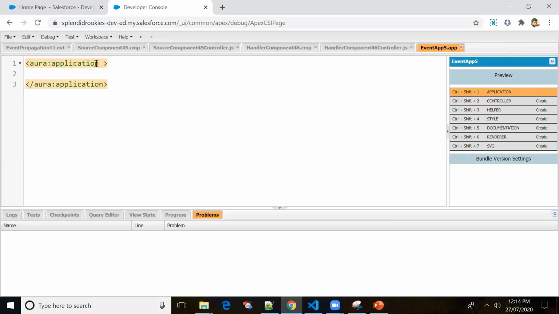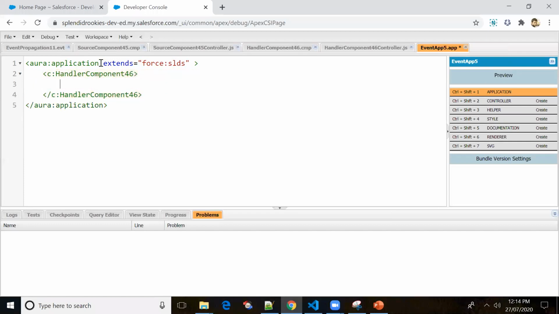Extends equal to force dot slds. The handler component 46 is the parent, so in the parent I'll be including the child component, source component 45.